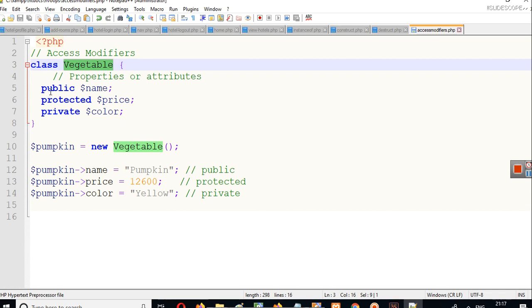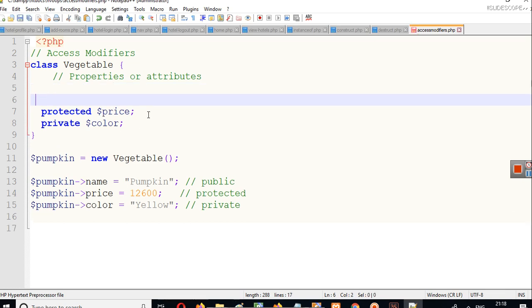You can see I have set the name as public, the price is a protected value and color is a private attribute. As per the definition of these modifiers, this public name can be accessed from anywhere, that means within the class also.